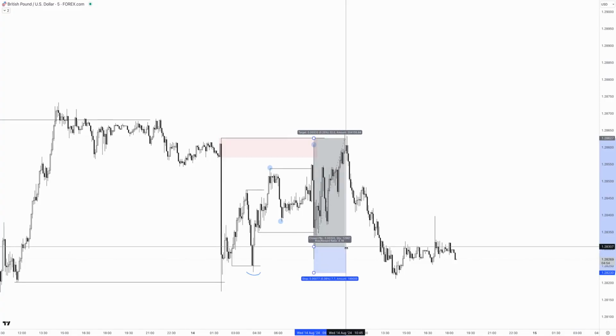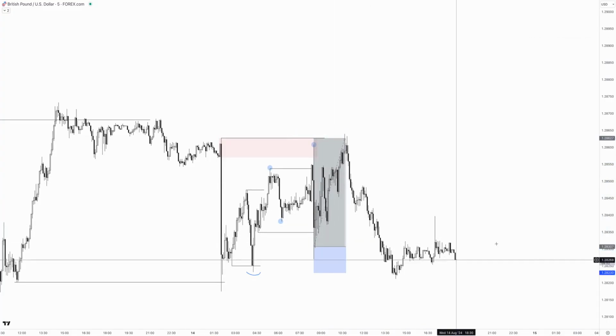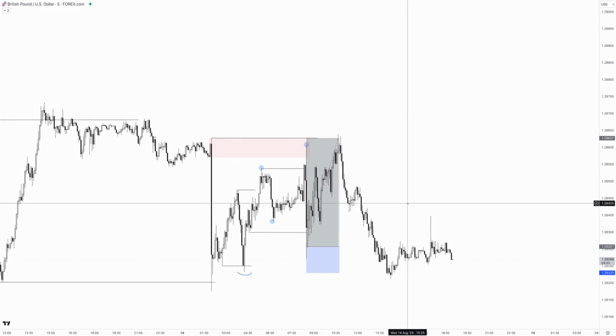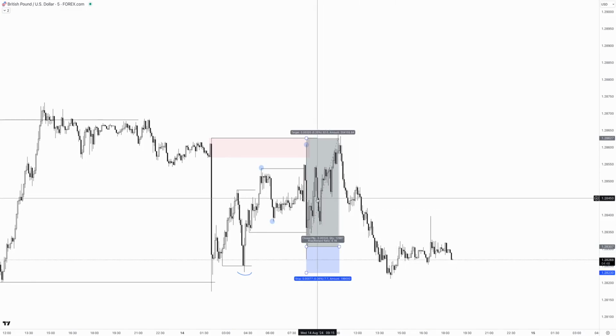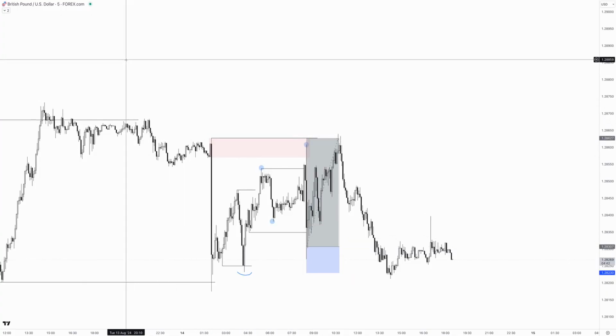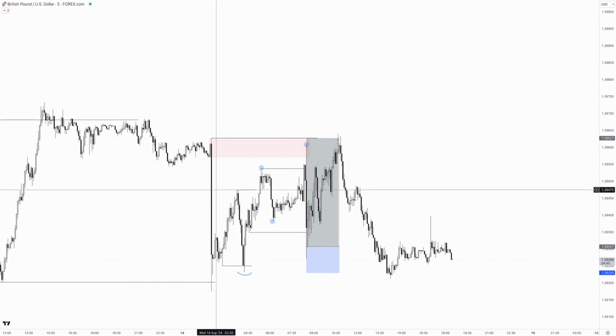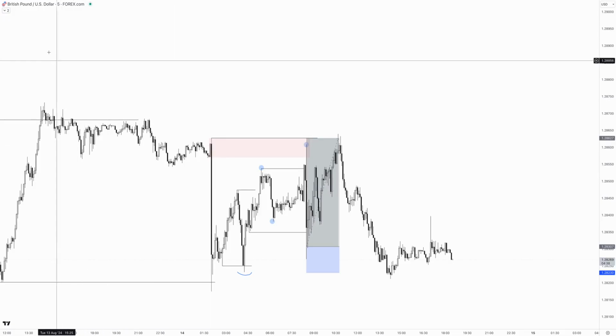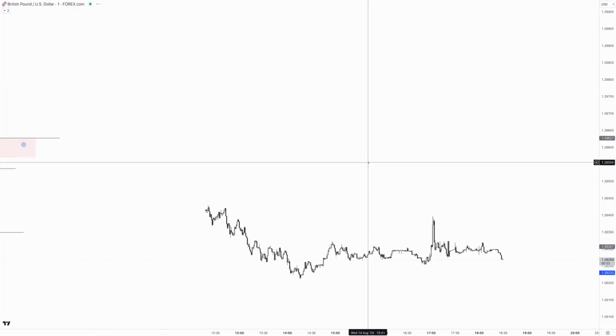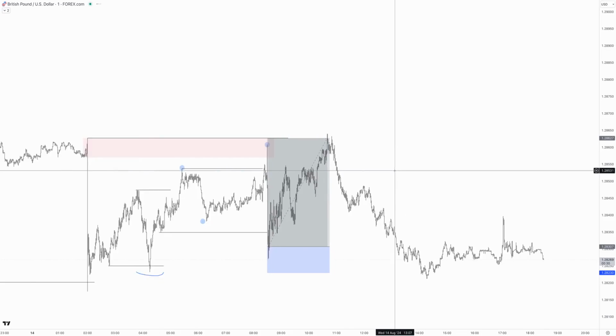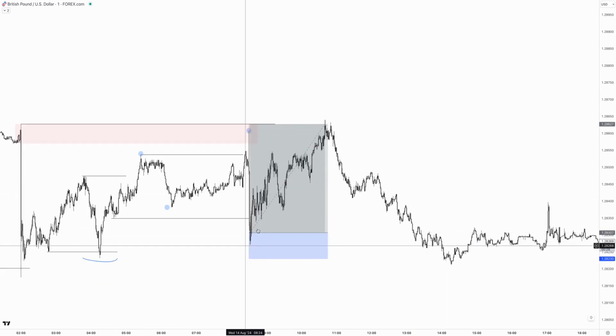Okay, giving him a nice 1 to 4, I believe. And yeah, pretty much. I wasn't able to catch this one right here. It was during CPI, or at least a minute or two right after CPI. Regardless, what I waited for was a confirmation entry, and this is where I ended up missing out from the